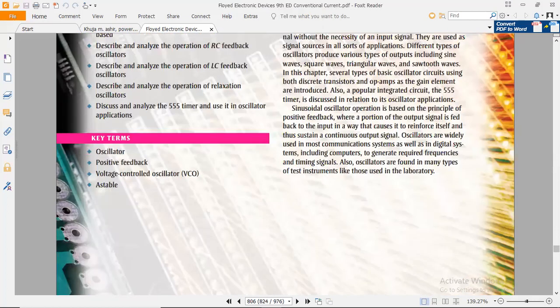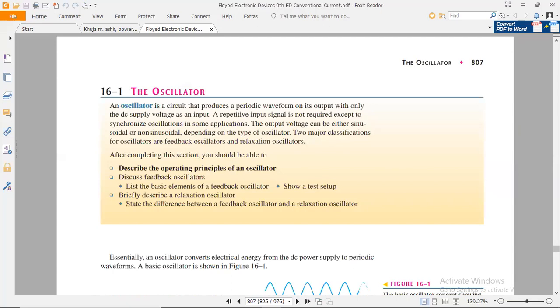The literal meaning and definition of an oscillator is: an oscillator is a circuit that produces a periodic waveform on its output with only the DC supply voltage as an input. The repetitive input signal is not required except to synchronize oscillations. In some applications, the output voltage